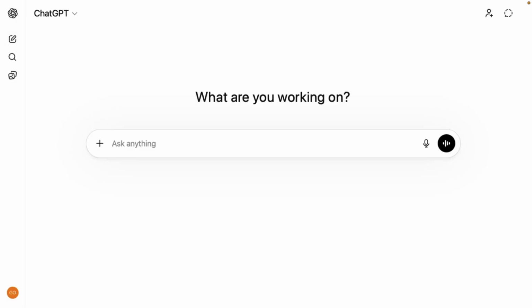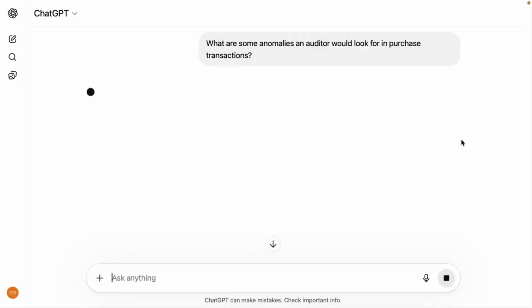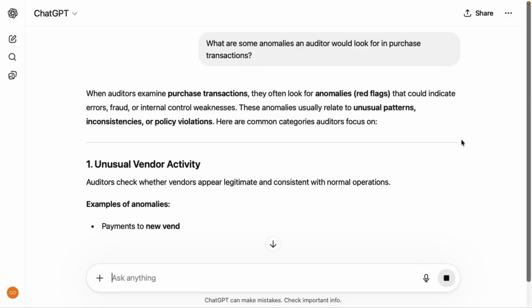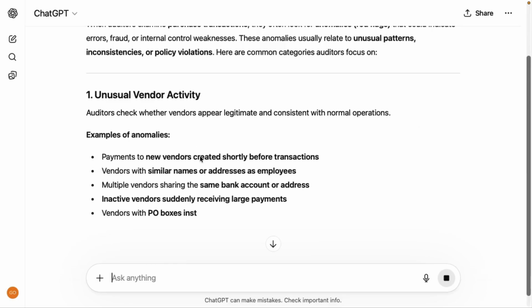As with most of these things, before we start analyzing data, we want to understand what it is that we're looking for. So our first prompt is going to ask, what are some anomalies an auditor would look for in purchase transactions? This should give us some common ideas for us to think about as we're doing the analysis. So red flags or anomalies might be unusual patterns, so unusual vendor activities, for example,